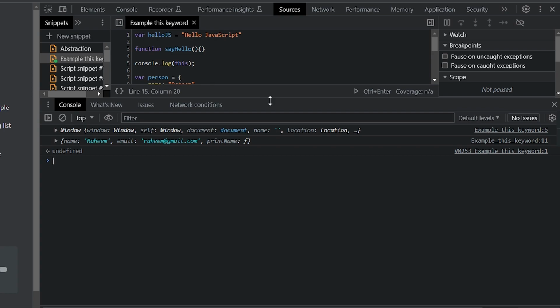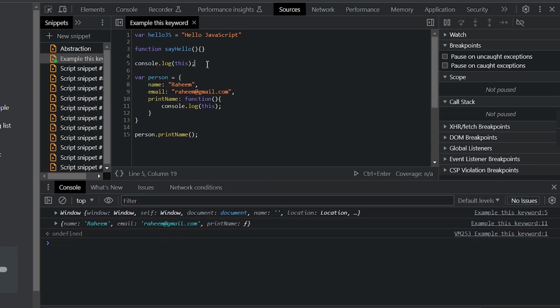Now you can see the first this is referring to the window, right? So when you are calling this keyword outside of the object or outside of the function, it is always referring to the global context, right? But if you are using this keyword inside that particular object, it is always referring to this context,